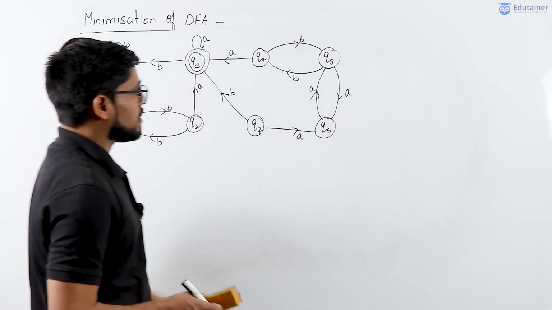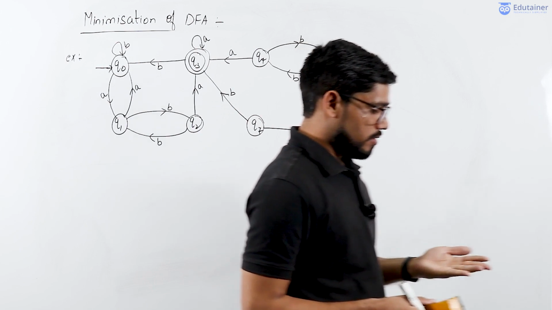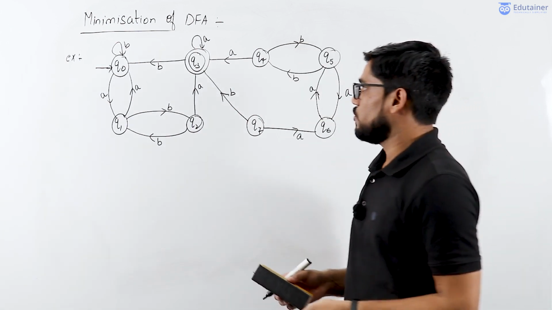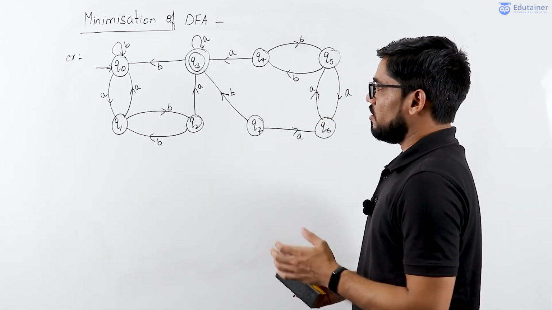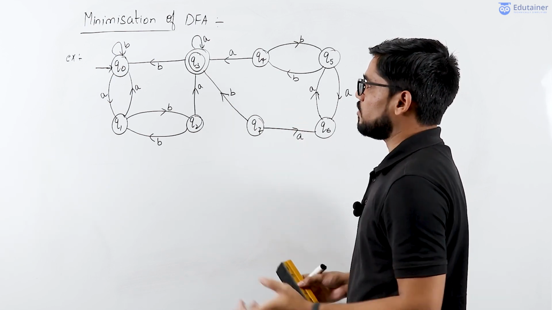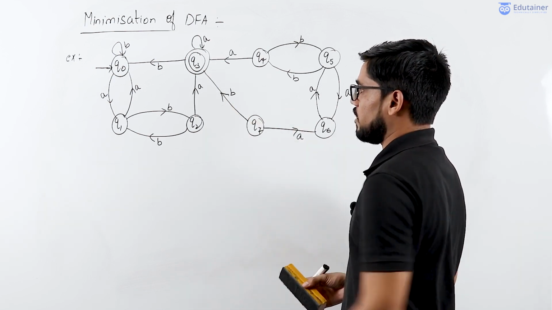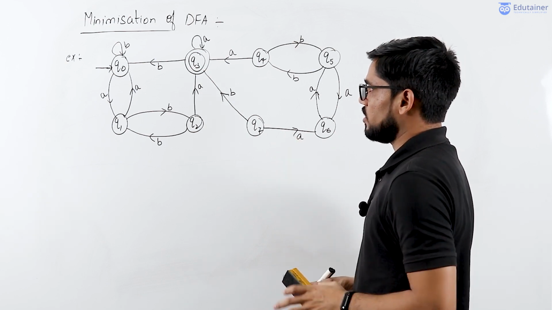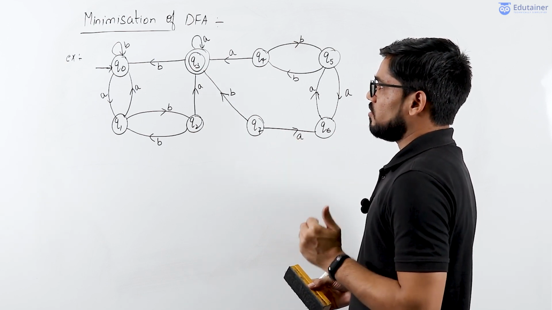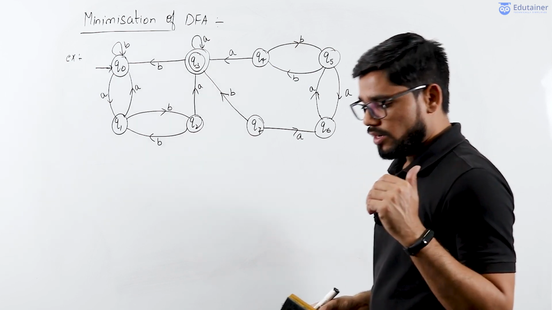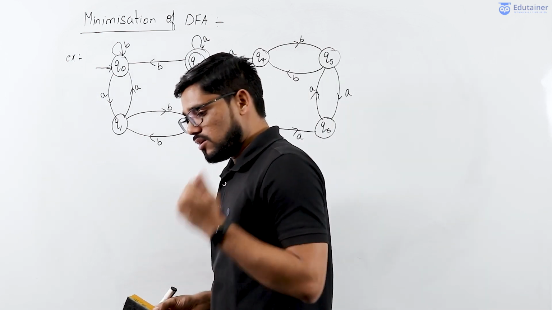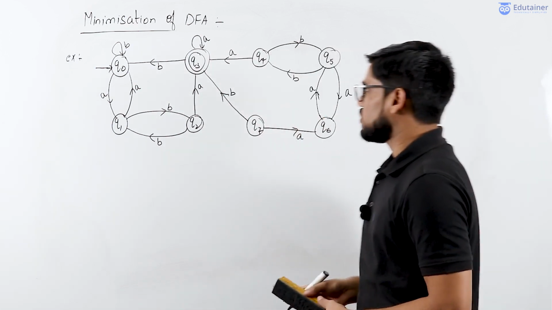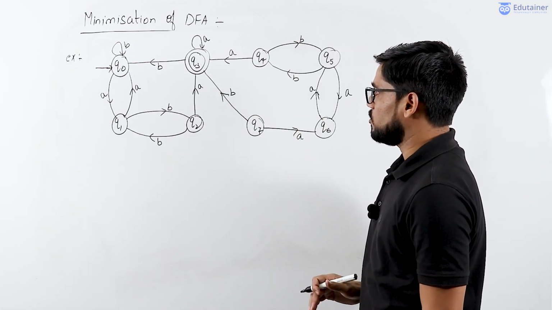And I have chosen this example specifically to help you understand that you do not blindly draw the transition table by looking at the transition diagram. You first observe the transition diagram carefully and then decide whether you will take all the states in the transition table or not. Because in this particular example, if you observe carefully,